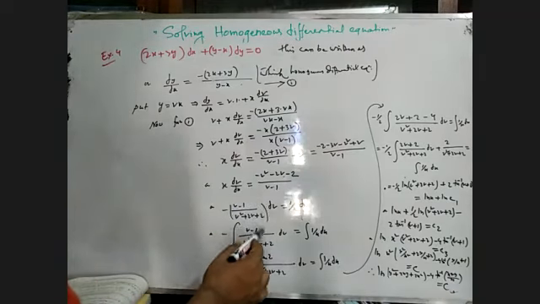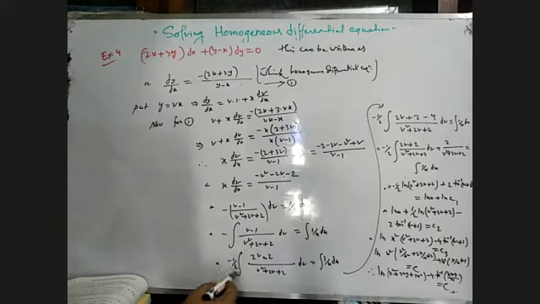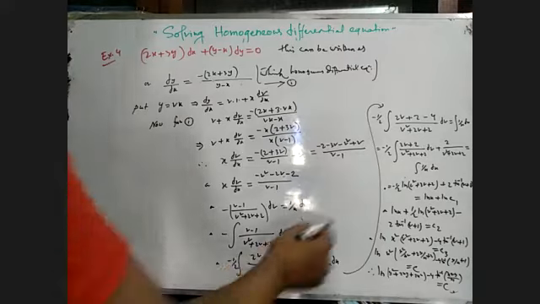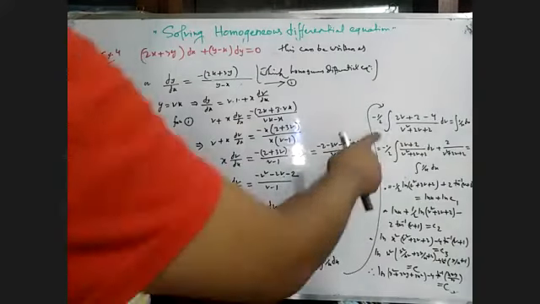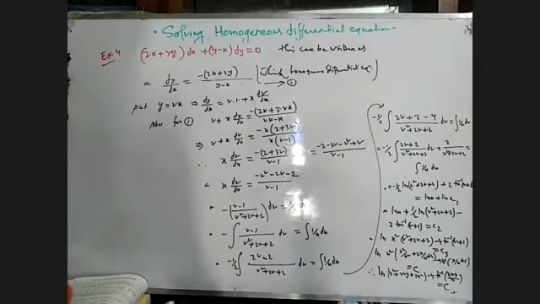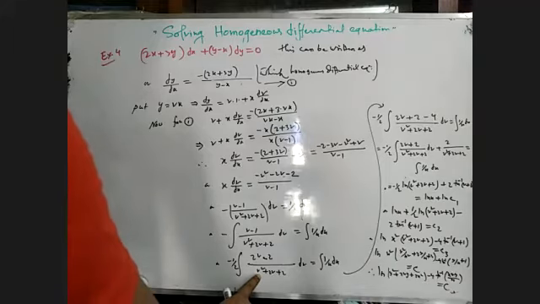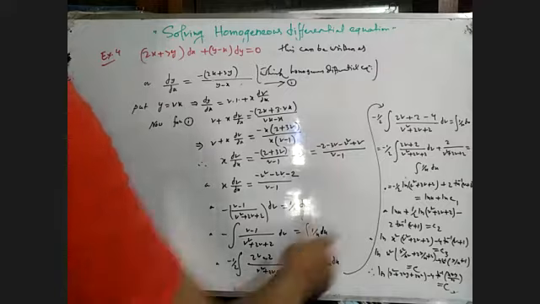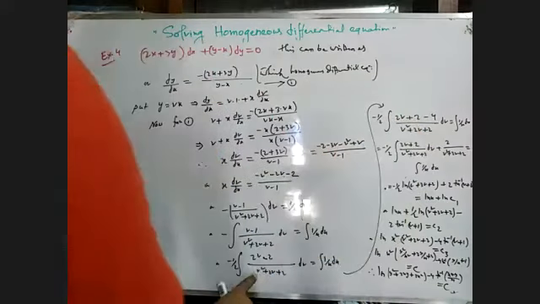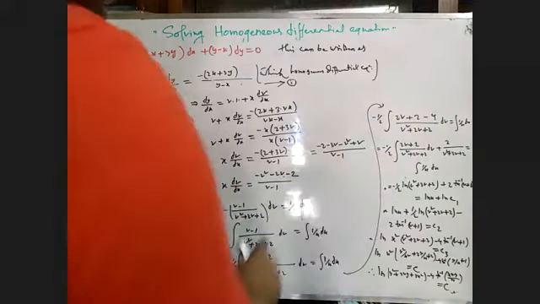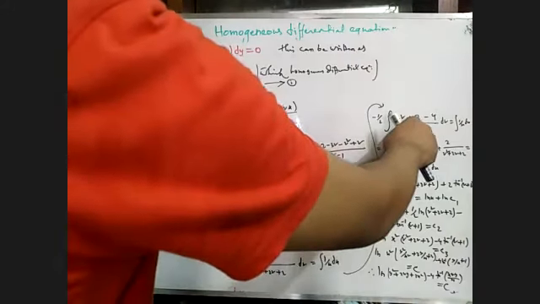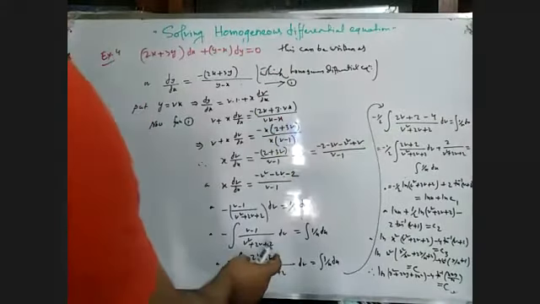Now this b minus 1 can be written as (2b minus 2) multiplied by half. So this 2b minus 2 can be written as (2b plus 2) minus 4. Why can we do this? Because the differentiation of b square plus 2b is 2b plus 2, the differentiation of the denominator. This is why we have made the numerator 2b plus 2. Then subtracting 4, we get the original 2b minus 2.